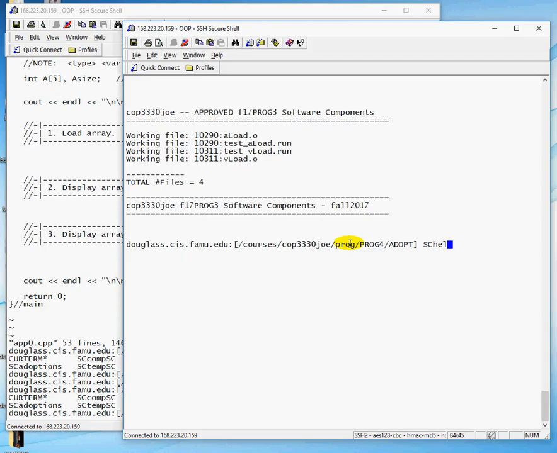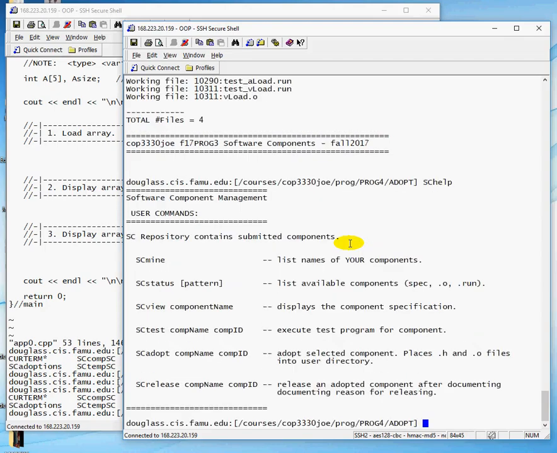See, oh shucks, what did I just do? Okay, so the other